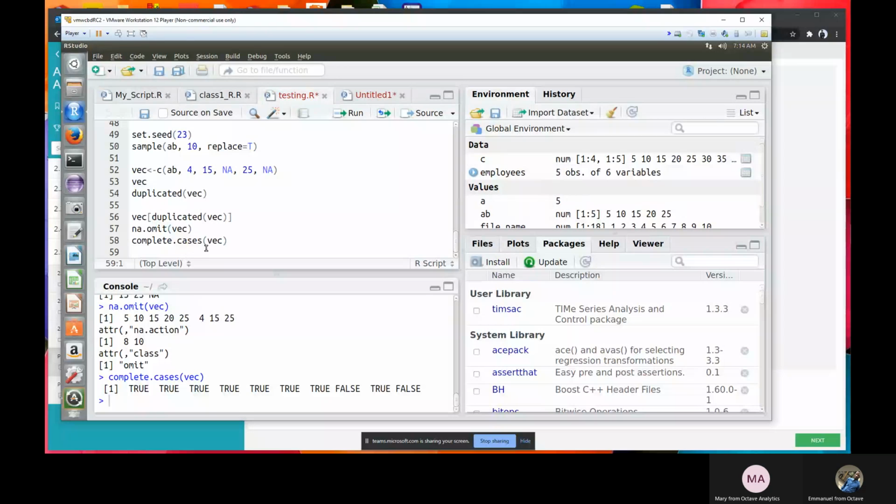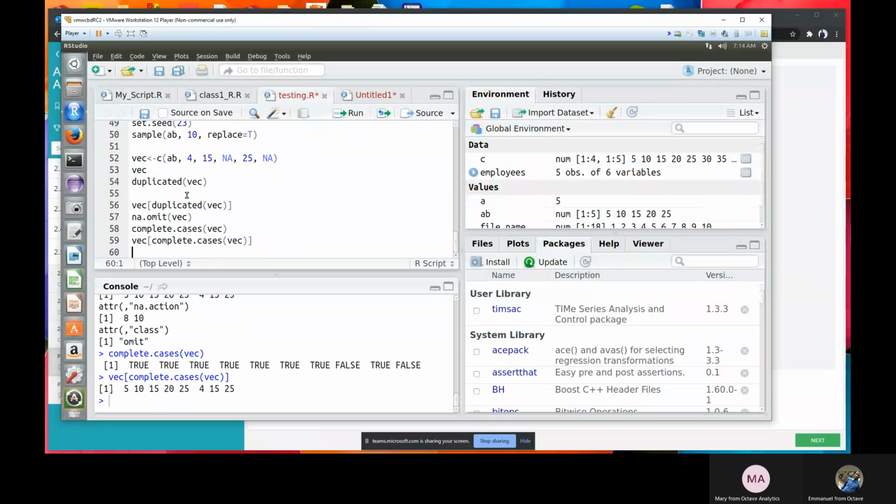So I can use this to subset vec as I did here. If I put vec into square brackets, I put complete.cases of vec. This is going to give you the values that are not null, as you can see here. So this command is the same as this in this sense. If you want to check that, you can use the function called identical.